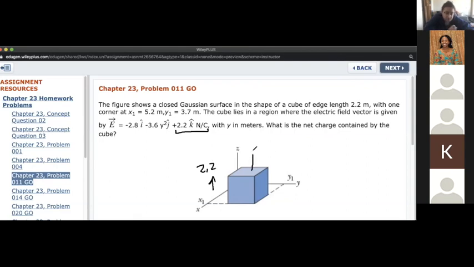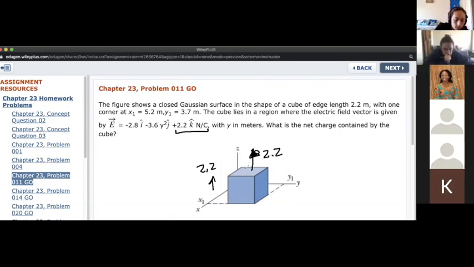Just like if we're on the top of our cube, it's also 2.2. That was supposed to be an arrow. So the flux coming into the top of the cube is the same as the flux going out, and the flux going into the bottom is the same as the flux going out. So we don't need to worry about the electric field in the z direction either,